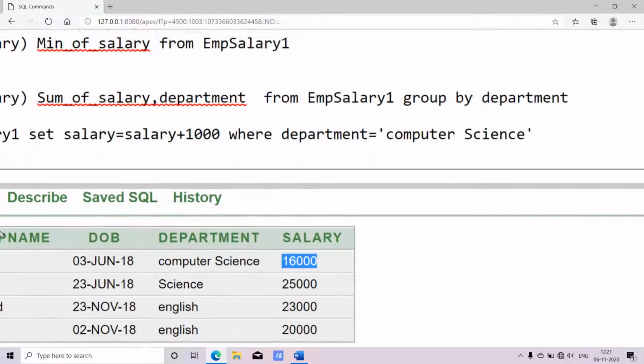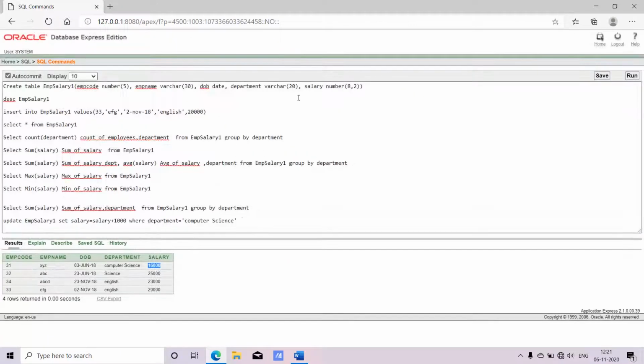Okay, so fine, this is your third lab program. Please do practice the programs and at least start writing the queries in a notebook, so that if you have any laptops or desktops with you, you can start practicing the programs.